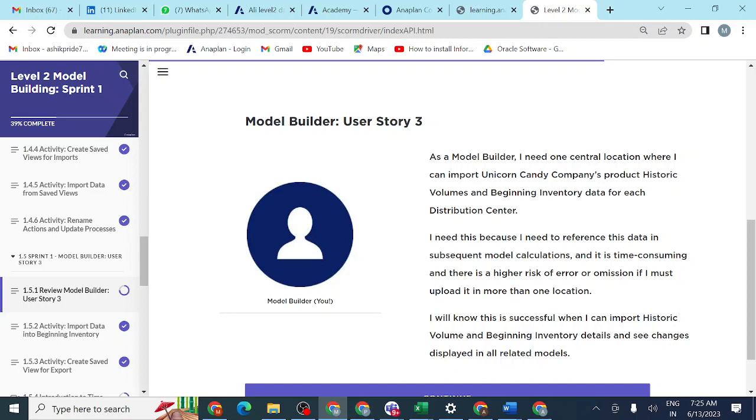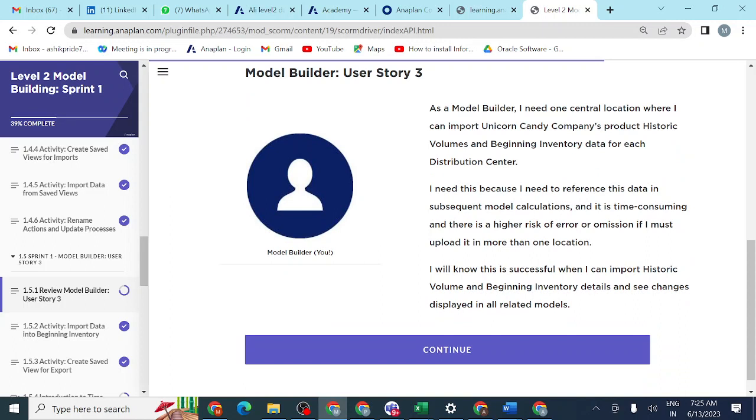You will not forget to bring any data here. Each and every data is there in the data hub. Whatever data you want, you can simply pull into our spoke models, financial model and supply chain model. There is no chance of forgetting here. So that is the advantage we have by using the data hub. So we should explain about the data hub also while explaining project roles and responsibilities. So we pull data from other data sources into the data hub, and from the data hub to our spoke models. So the data hub is a central location where we store the data. That is the reason we are using the data hub here.